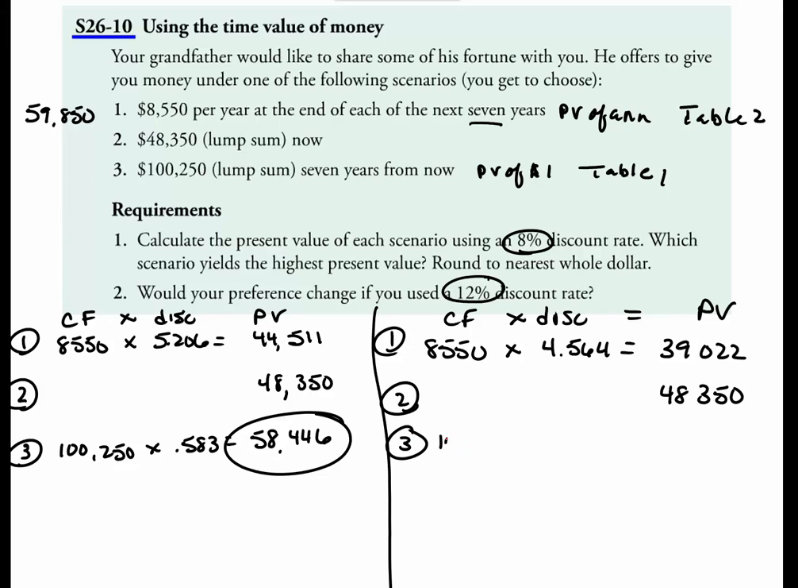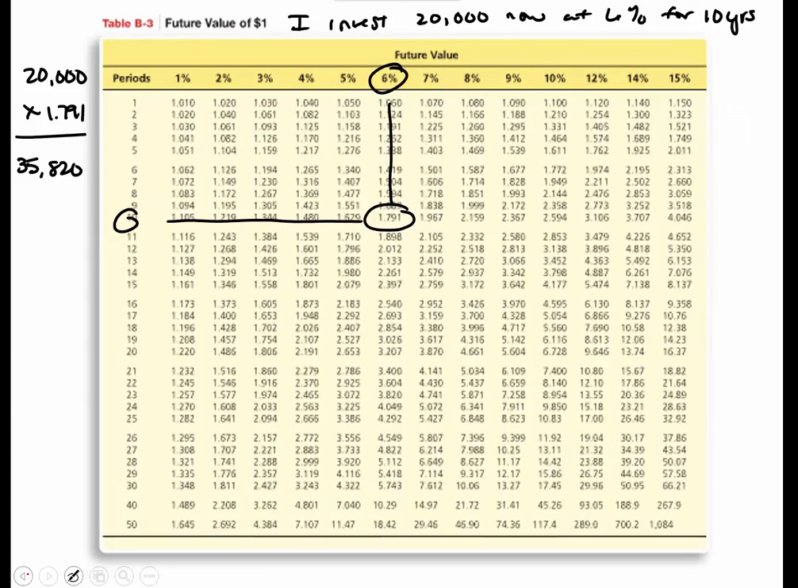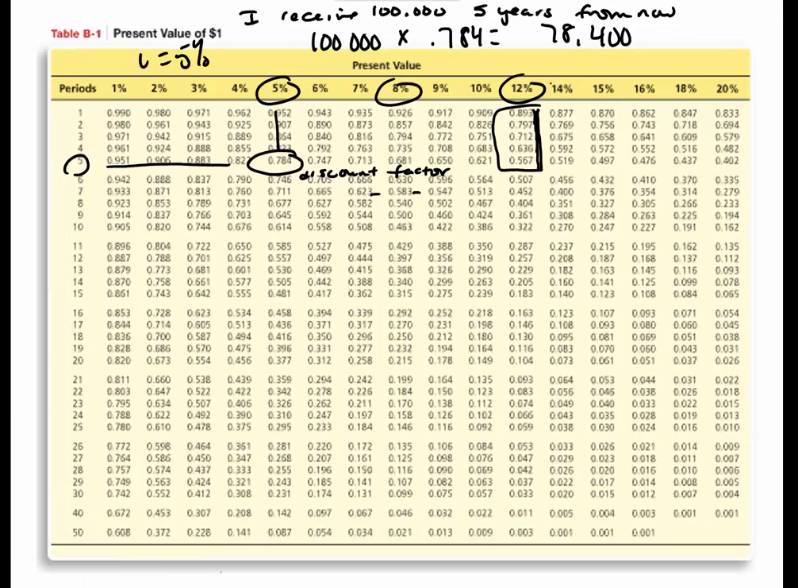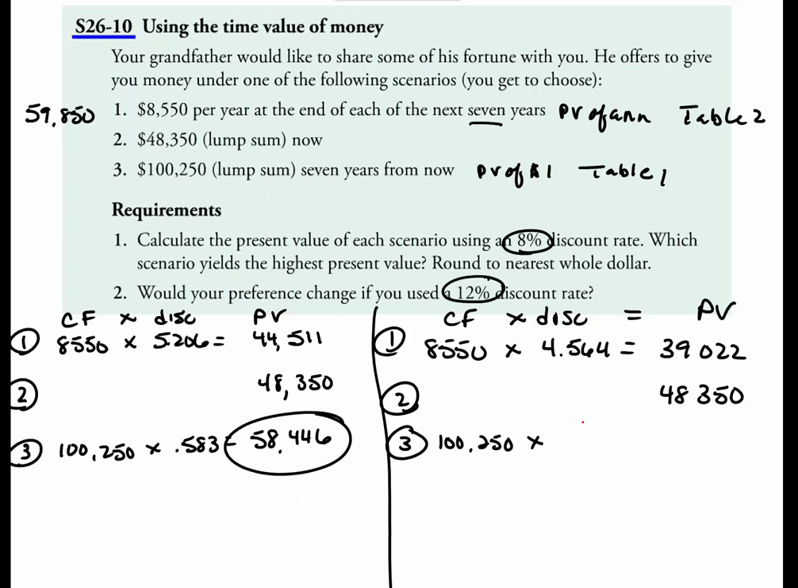The third one, 100,250 at 12%, 7 years from now. So I go back to Table 1, 12% and 7 years is here, 0.452. So again, that has gone down. Higher opportunity cost, more inflation, whatever. 0.452 means this is now worth